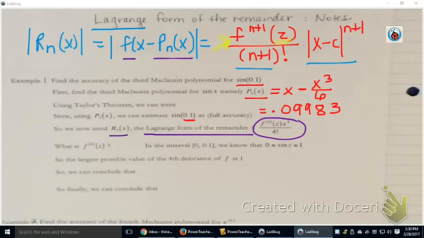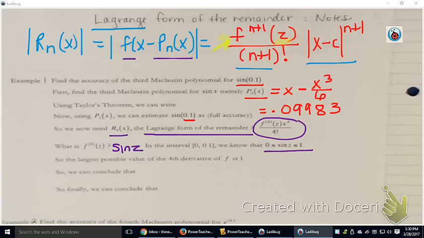So, we want to figure out what the fourth derivative is, and hopefully if you understand where the P3 of x comes from, you could do those derivatives, and hopefully you'll realize that the fourth derivative is sine of z. So in the interval, it's really, really important to think about, but sine of z is always